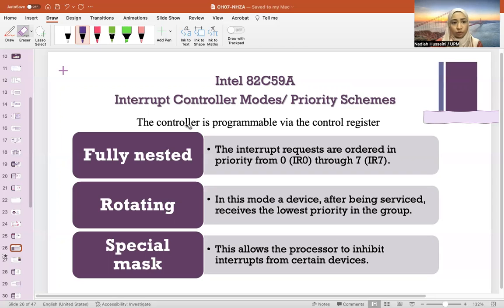Now, the controller that we talked about just now is programmable via a control register. So you can,